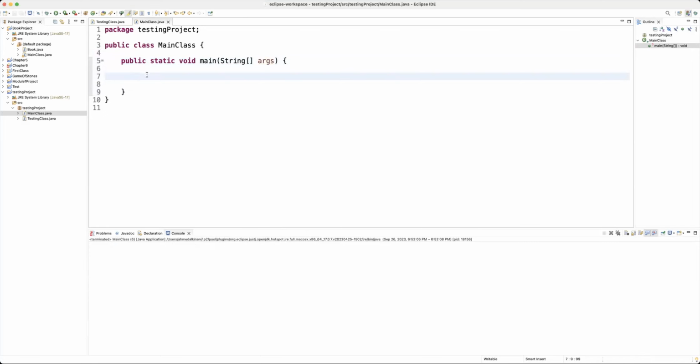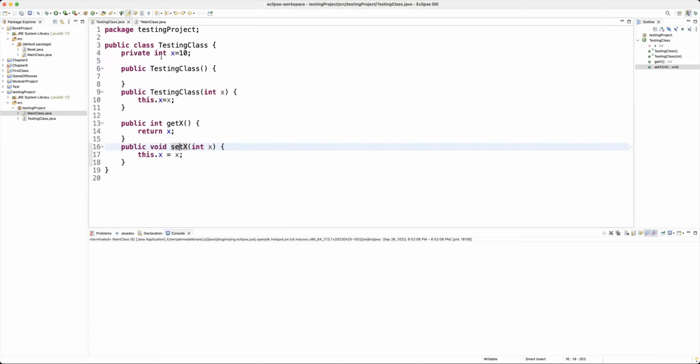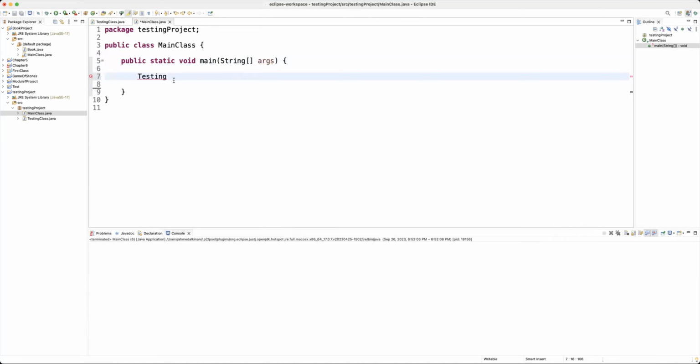Okay, here's what I'm going to do. I'm going to create two objects. The first one is called testing. Let me go back here. What did I call it? Testing class. Okay, testing class. We'll call it t1, sorry, t1, not 1. And I'm going to do the same thing here: testing class t2. Now, just like I explained before for the bookstore, when you do something like that,